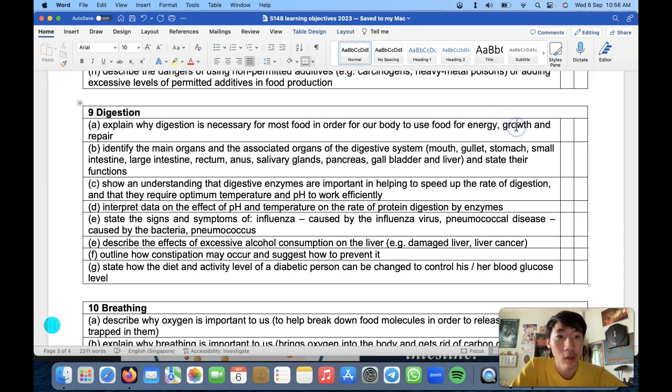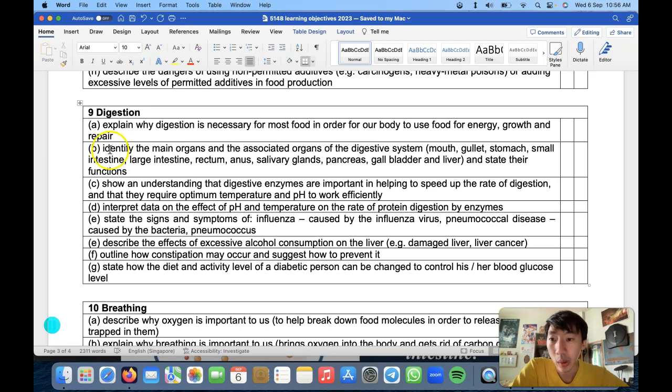Okay, growth. Growth means that your cells are multiplying. From a baby, you're only maybe a few kg, and now you are a young man or young woman already, and your body is so much bigger because the cells are growing. And repair, of course. Your skin is shedding. Every day you got some skin that sheds off, but your skin is still good, still healthy and all that. It's because your body can repair your skin, and same for your other body parts also. Like if you broke a bone, your bone can still be repaired and you can be healed.